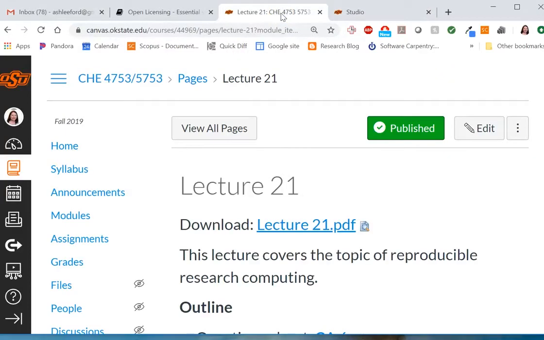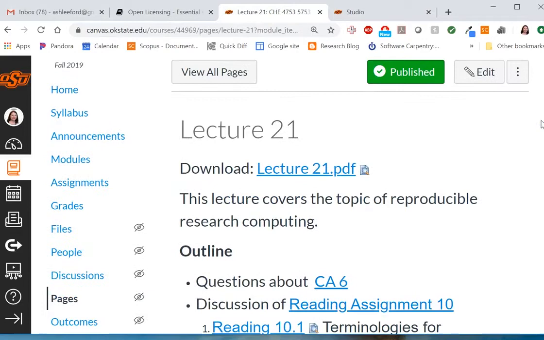Okay, so today is lecture 21, and the topic is reproducible research computing. And you know this is a personal emphasis area of mine. I've been talking about this in pieces throughout this whole course. That was one of the main motivations for doing Git. We had some readings about best practices at the beginning of the semester that alluded to these topics, but today's